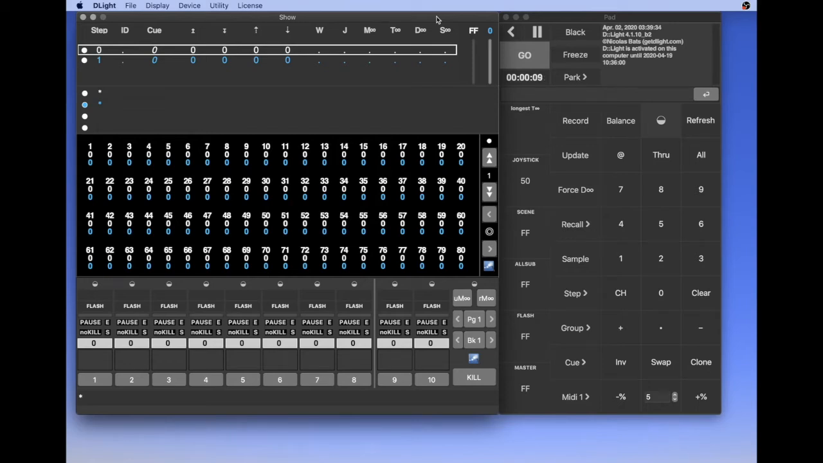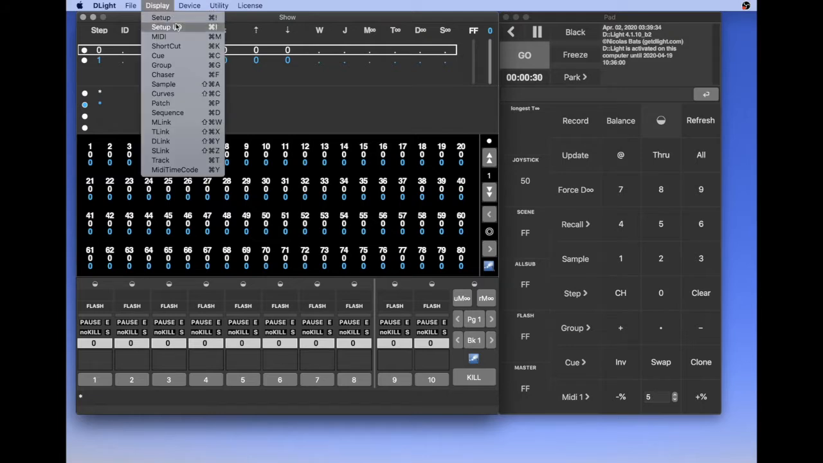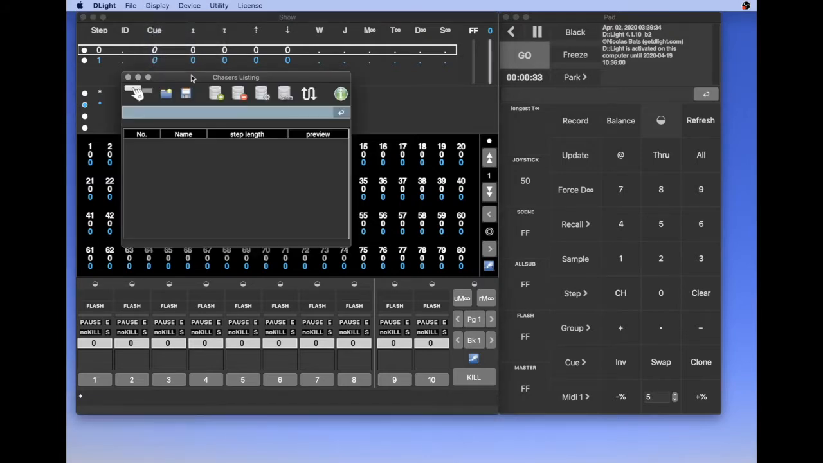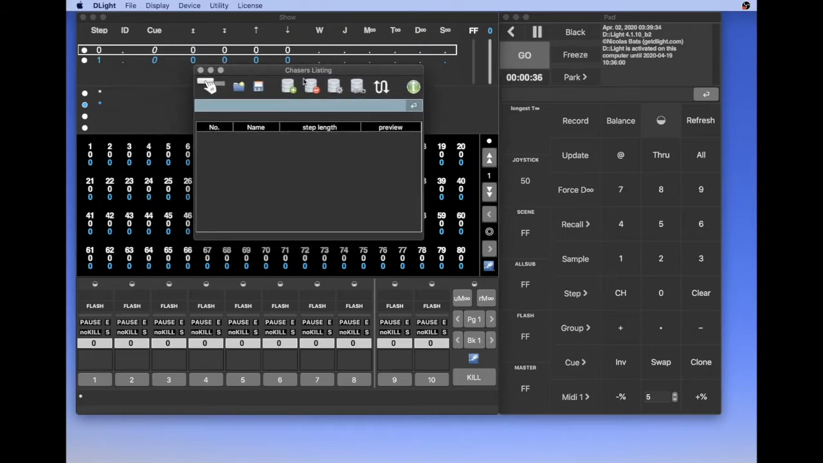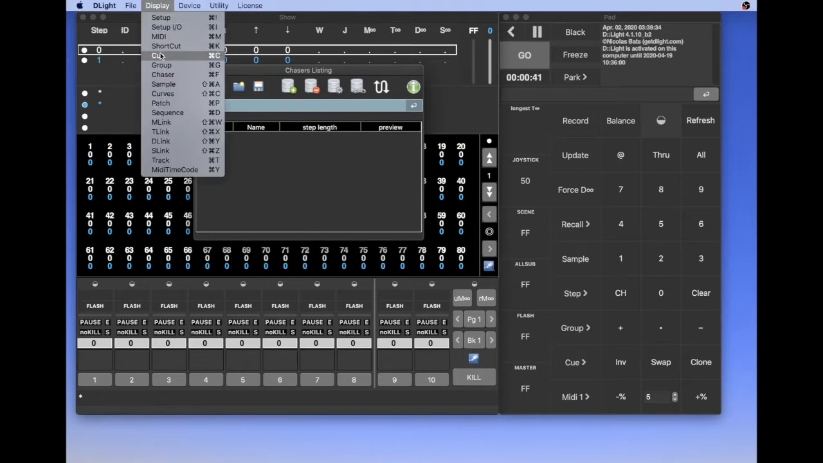Let's see how to create chasers in DLight. You will see it's very simple, and in fact chasers are just a sequence in the same way as the main sequence in DLight. In order to create a chaser, you use the display chaser menu. When you do that, you access the chaser listing. You have the same for the queue listing, group listing, chaser listing, sample listing, curve listing, as we saw,